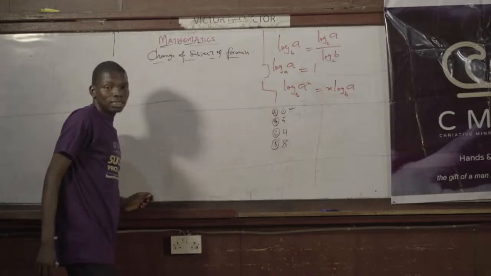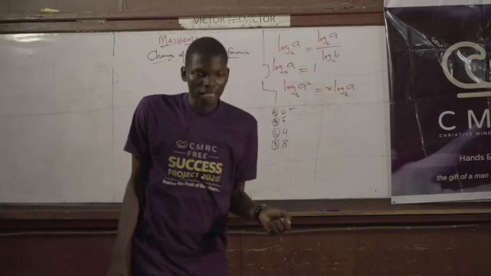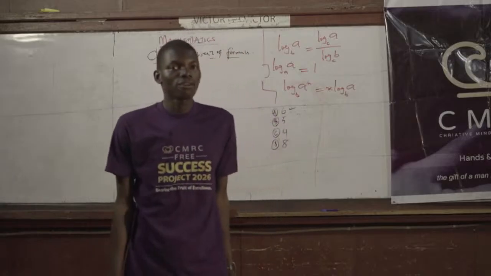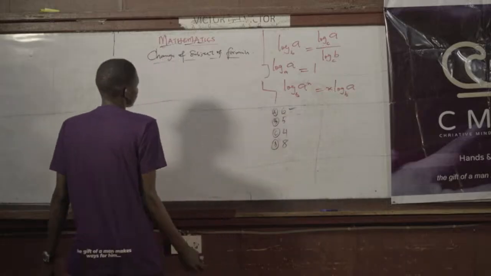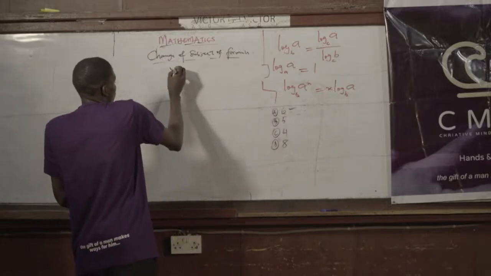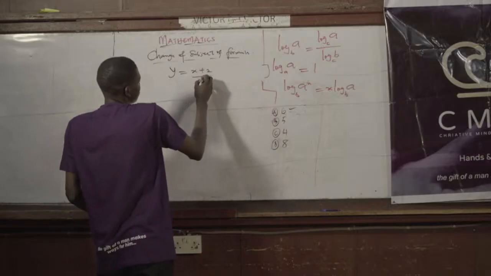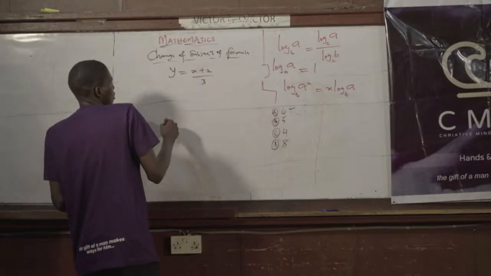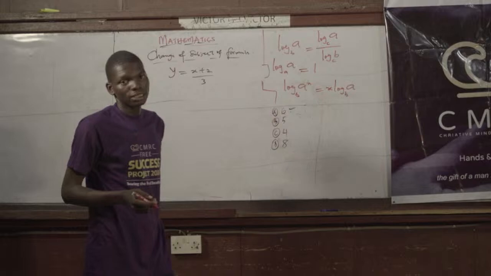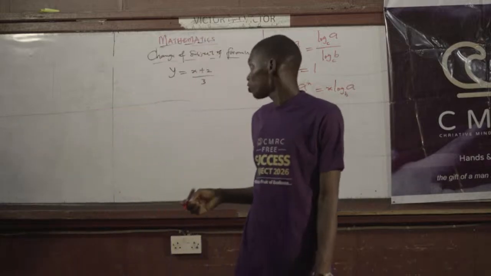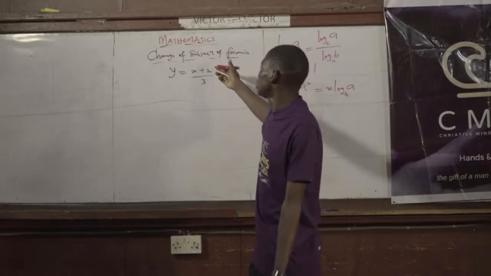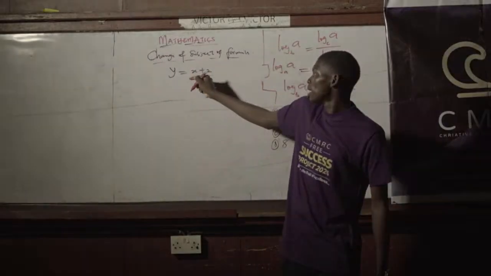All right, now let's take for instance you are given a particular equation, and inside that equation there is another variable that you are asked to change the subject to. Let's say I give you something like y is equal to x plus 2 over, let's say, 3. I now ask you to make x the subject of the formula. So if I ask you that, what I'm actually talking about is simply that you should make x